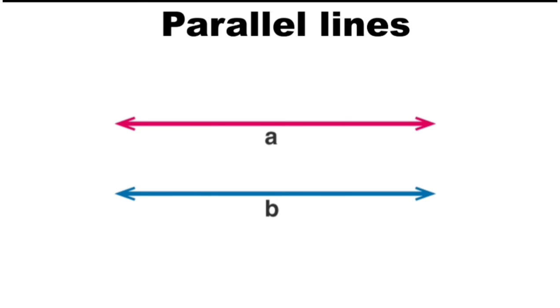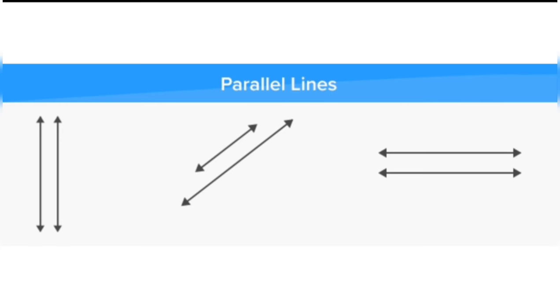So, parallel lines. Okay. Now the parallel lines could be standing, right? See, here these parallel lines are actually vertical. These parallel lines are horizontal, and the parallel lines could also be like this, one lengthier and one shorter. It is possible. So parallel lines could be drawn in any way you want, but the thing you have to keep in mind is that the distance between these parallel lines must be the same. That means the gap between the parallel lines must be the same. When the gap is the same, you can say that both the lines are parallel.